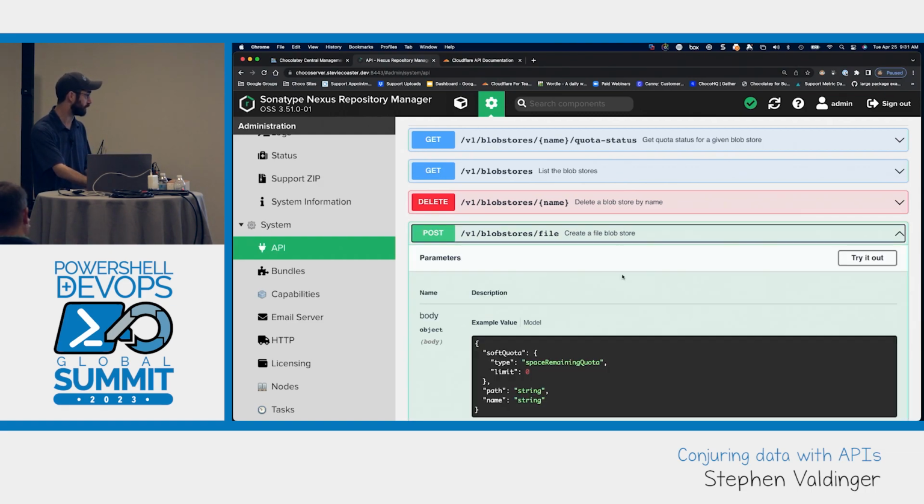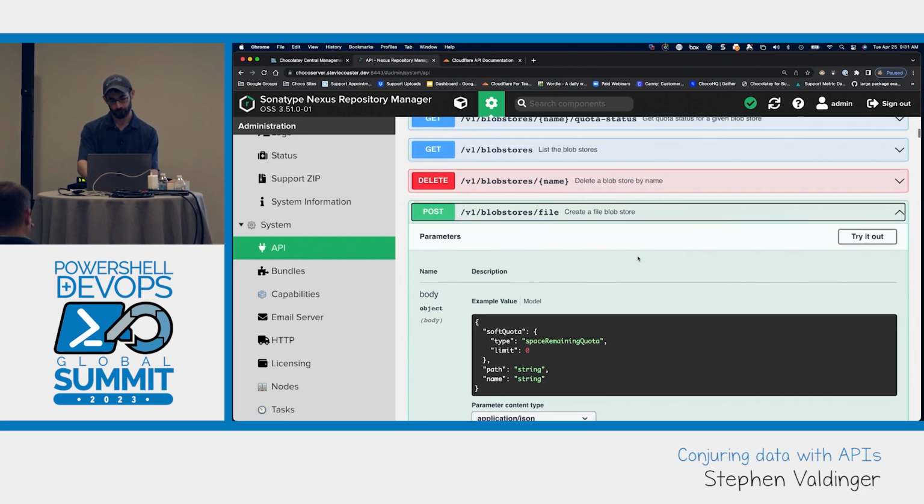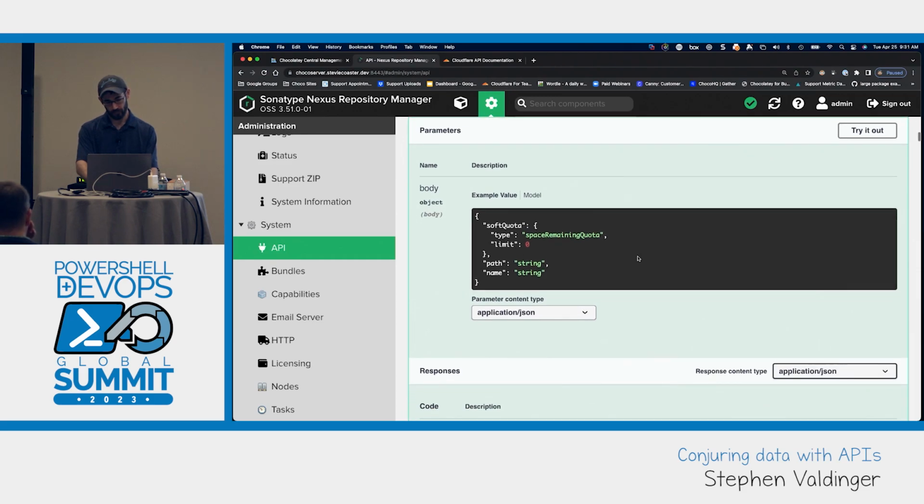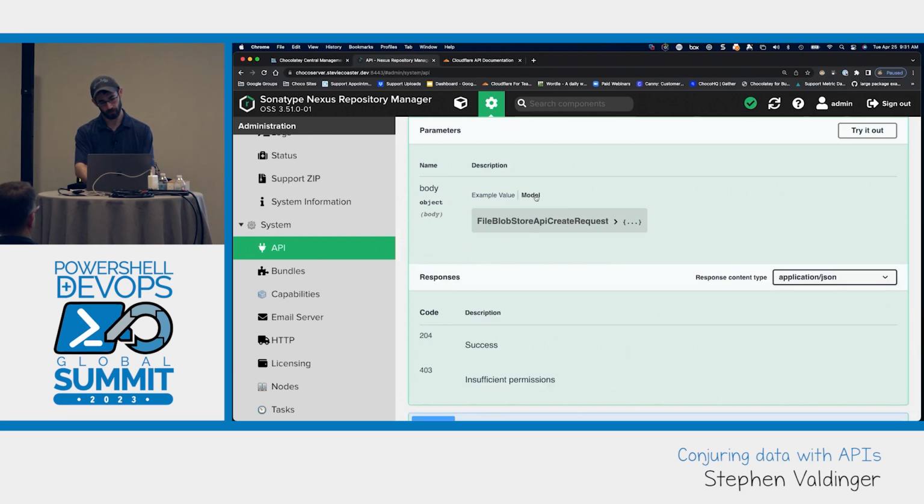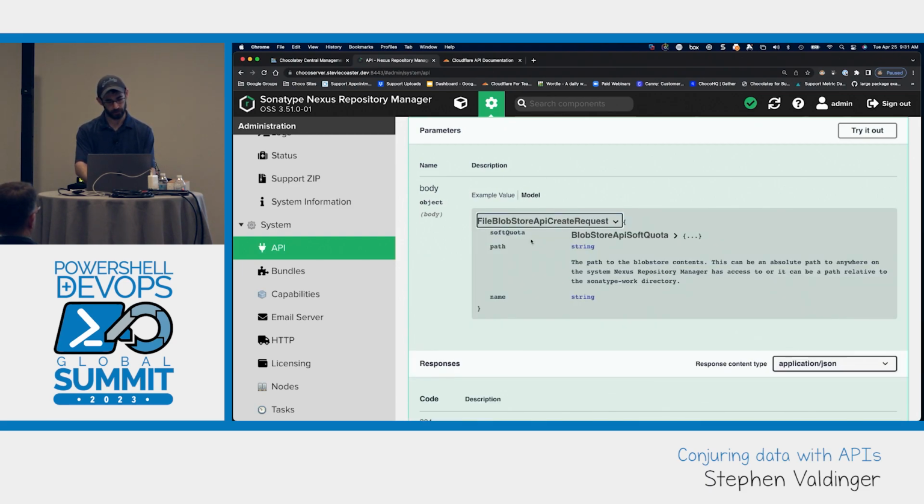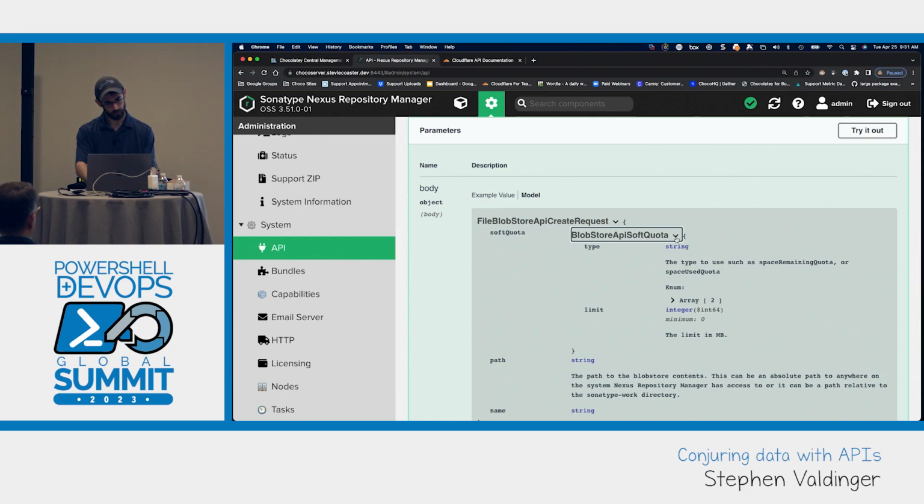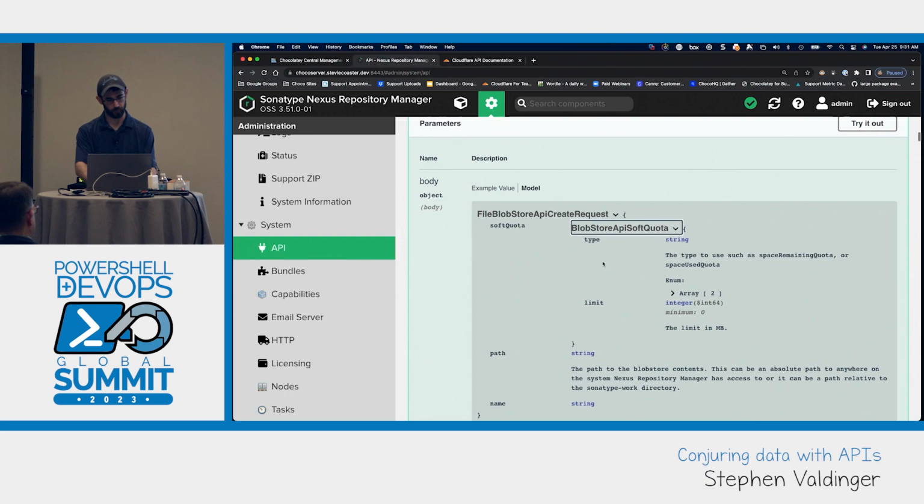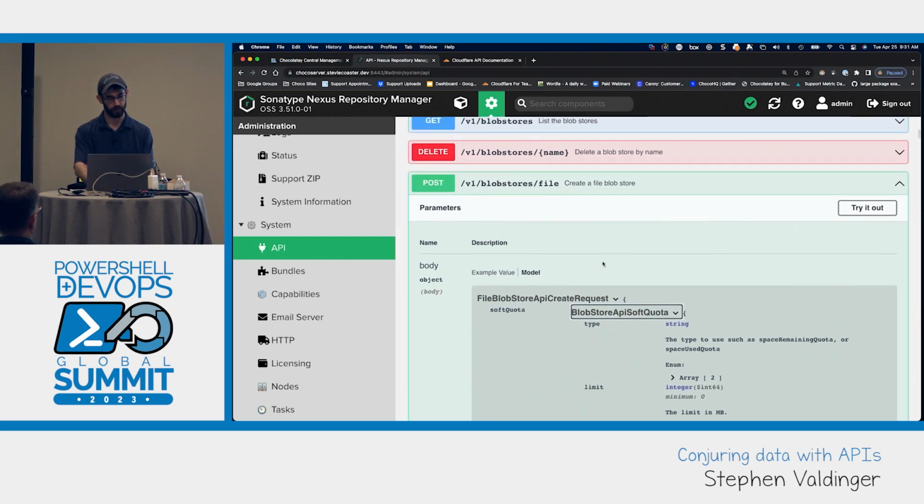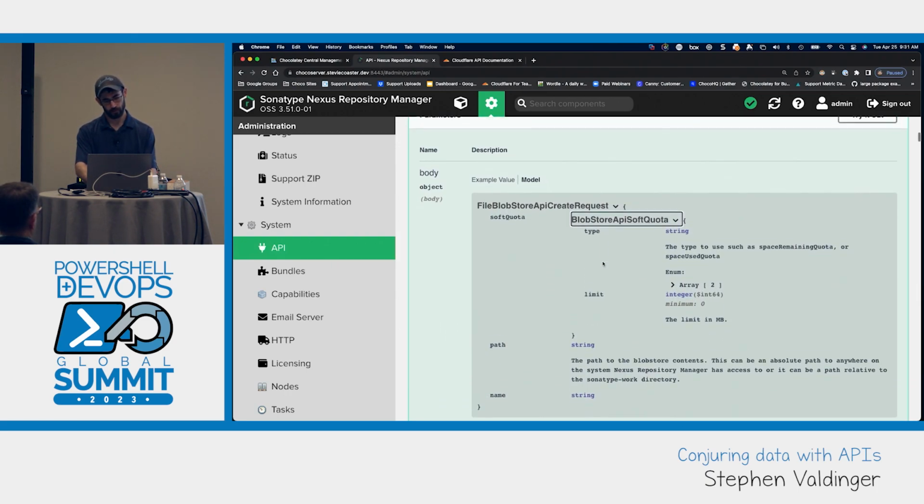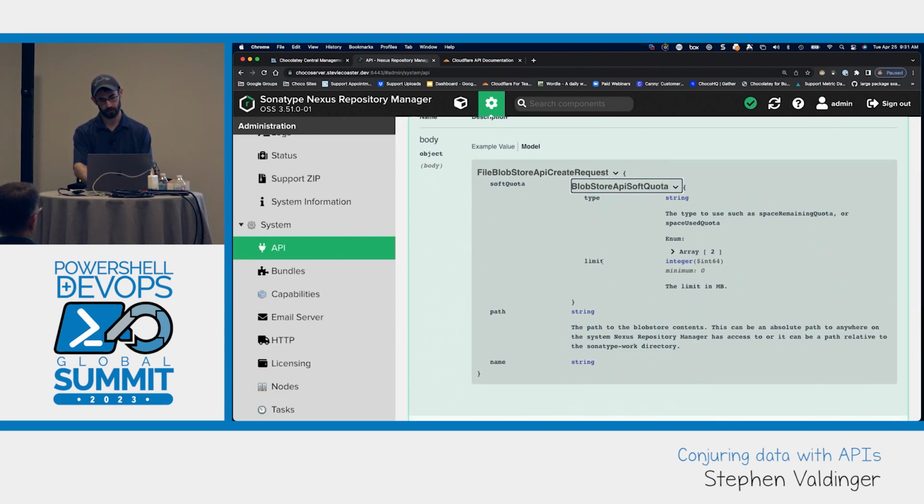If we look at a post method, you can see that it gets a little bit more complicated. And this is the body. This is the object that is defined by the schema, right? And if we click over here to the model, it gets a little crazy, but it's really, really helpful. So if I'm going to create a new file-based blob store, based on what I see here,